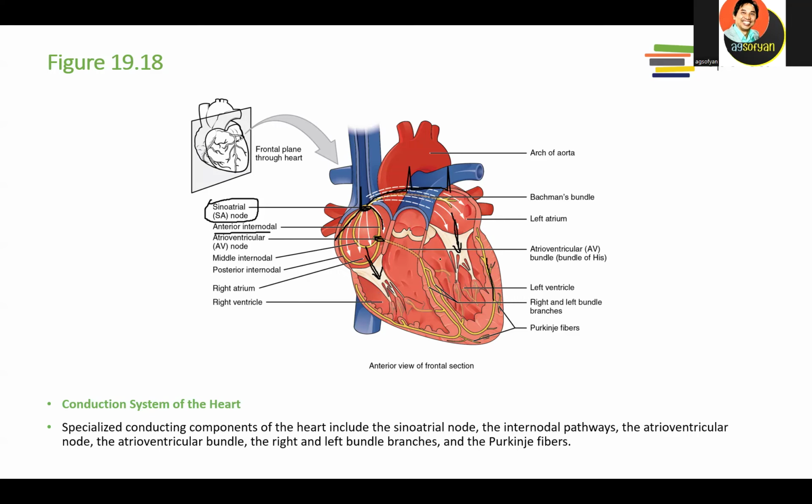After that, what happens? Okay, the electricity will spread to this area. It's called the atrioventricular bundle. And then it will go to the atrioventricular branch, and then go to the Purkinje branch, and then finally spread into the whole ventricle muscle. Okay, go to the Purkinje fibers over here, and then starting from there, the whole muscle of the ventricle will contract.